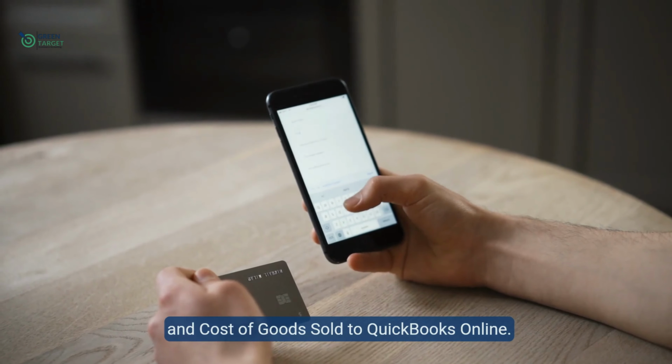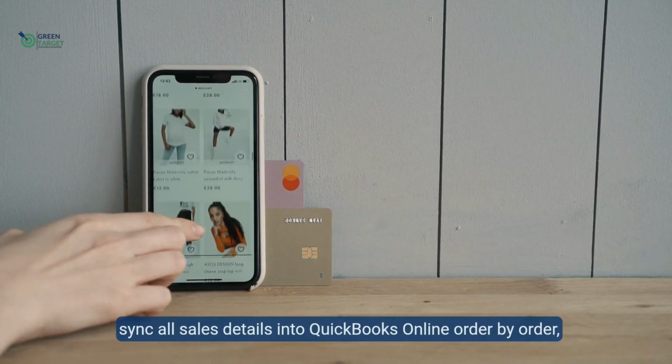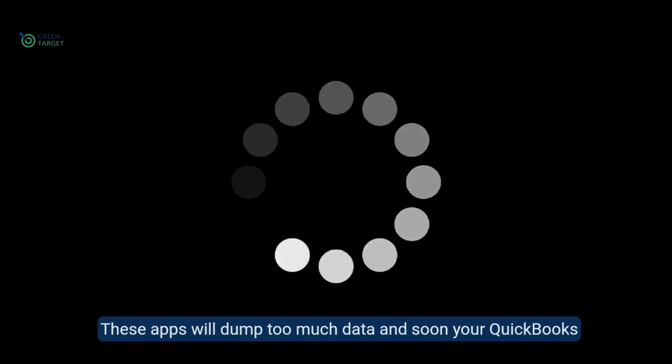Step 2. Find the best third-party app to sync Amazon sales, fees, and cost of goods sold to QuickBooks Online. There can be so many choices. We have seen a lot of apps that sync all sales details into QuickBooks Online order by order, and these are not very ideal. These apps will dump too much data and soon your QuickBooks Online will begin loading forever,